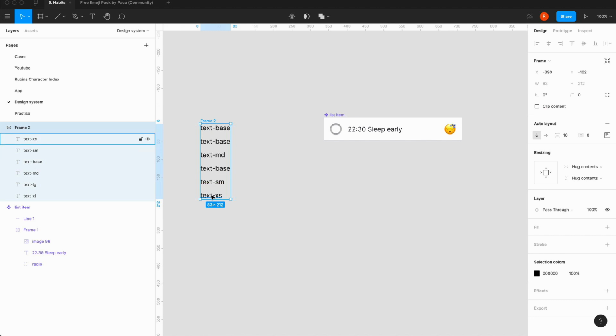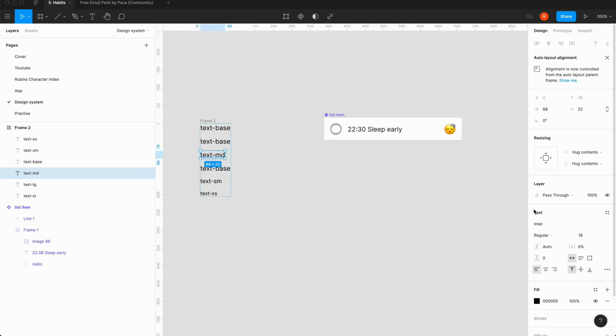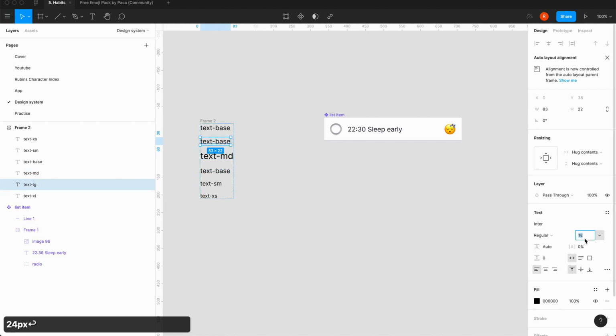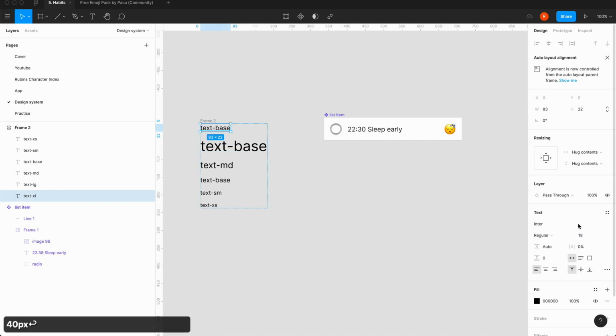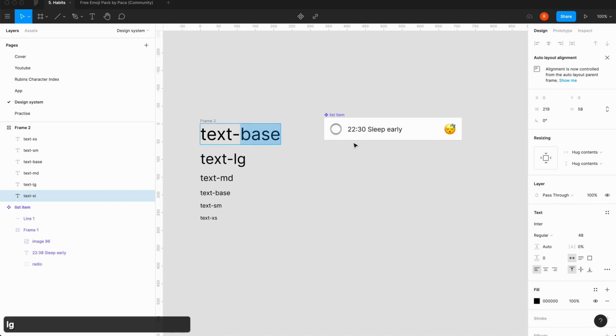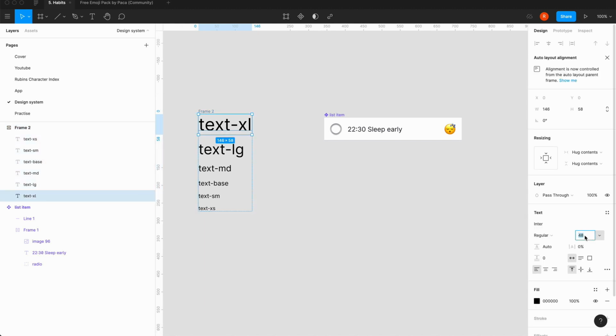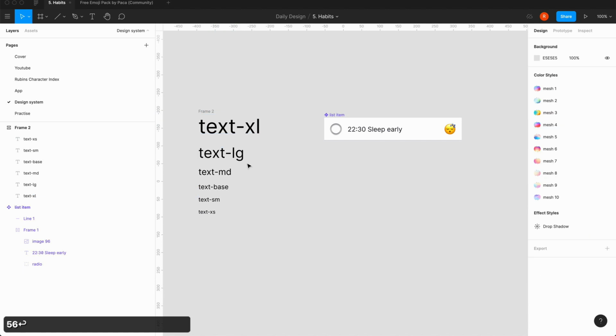And now what we're going to do is we're going to say 14, small is going to be 16, and this will be helpful when we end up doing the landing page and possibly other components. So 24, I'm going to go up to 40, and then 48 pixels. Got to change the names. Large, extra large. It's got to be more, 56. Okay,